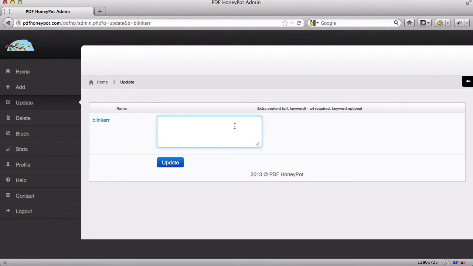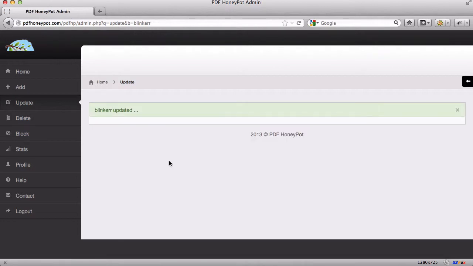So let's just say I want to add a new page, and on there I want to have a link to Yahoo. Let's say I also want to put a link to Google. And I want it to be hyperlinked with the word Google. Yahoo, I just want a naked link. Google, I want to say Google. So if I click on Update,